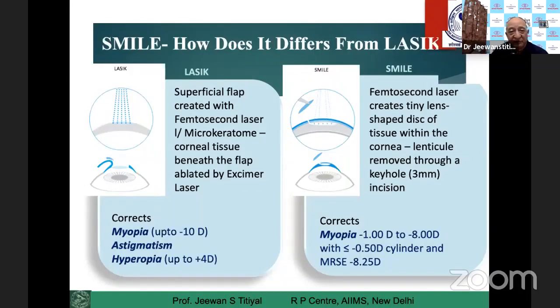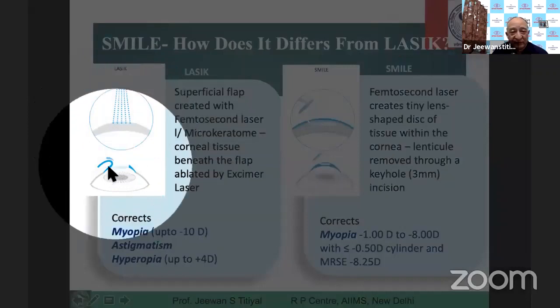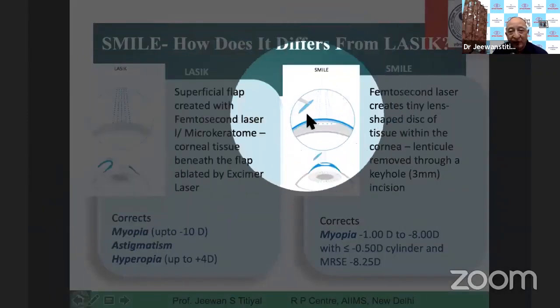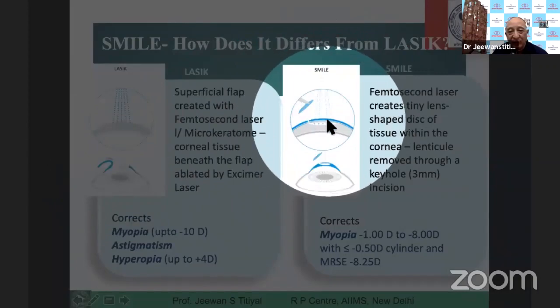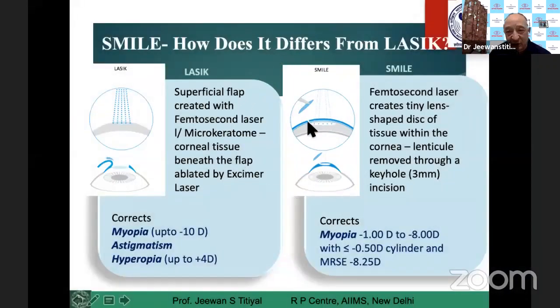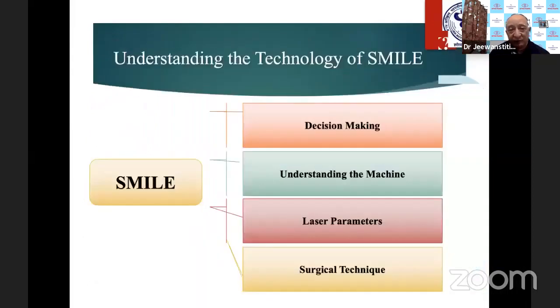The basic difference, as you saw in LASIK, is we raise the flap and then ablate the tissue and put the flap back. While in SMILE, we don't raise the flap, we just make a pocket and take out the desired tissue after making a lenticule with a femtosecond laser. But just now, it is not available for hyperopic treatment. There have been a lot of clinical trials going on now. Very soon, it will also be applicable for higher amounts of astigmatism as well as for hyperopia subsequently.